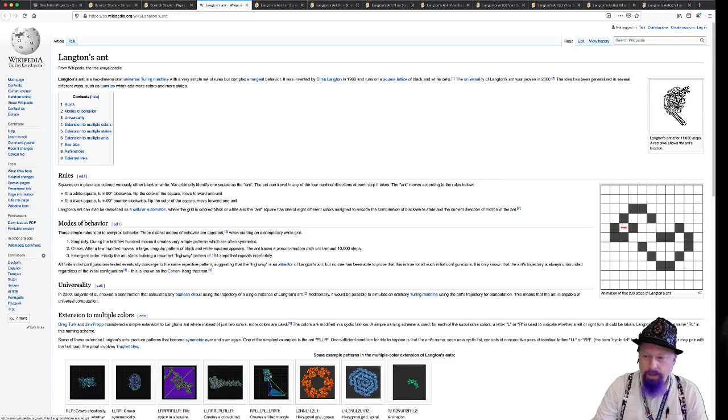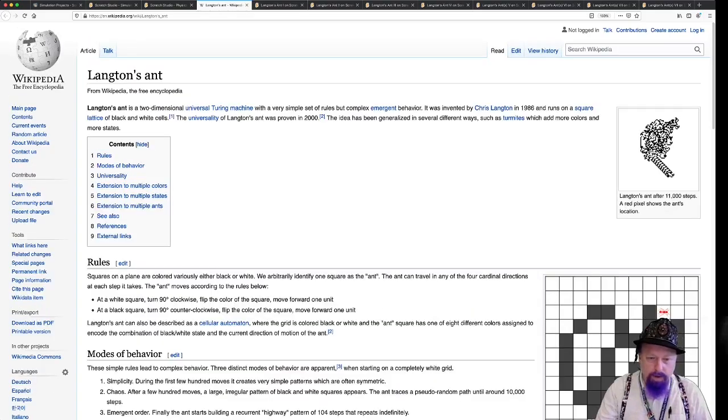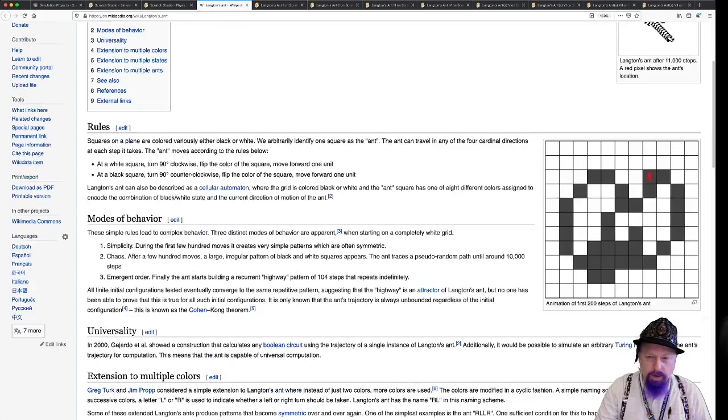Langton's ant, so a cellular automata is on a grid of squares called cells, and in the Langton's ant, each of the cells is either black or white, on or off. And the rules of Langton's ant are very, very simple. Let's try and zoom in a little bit on this so you can read it. But the ant is on a square. It can go left, right, up, down,